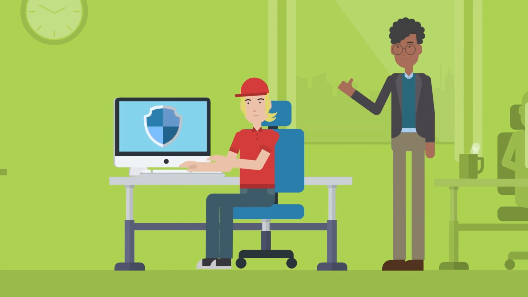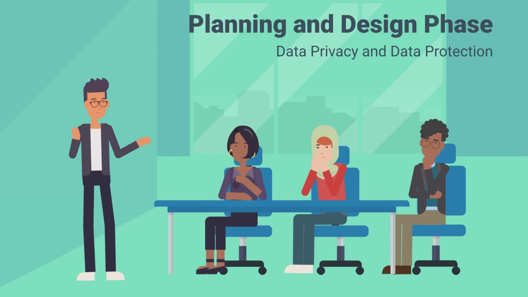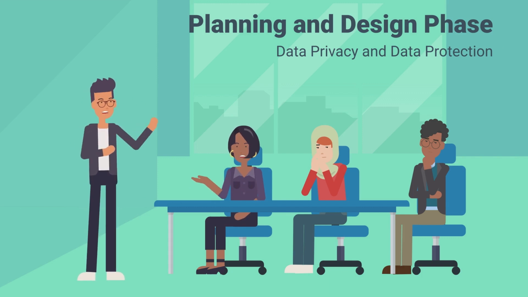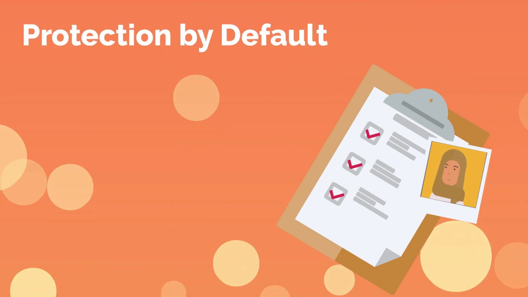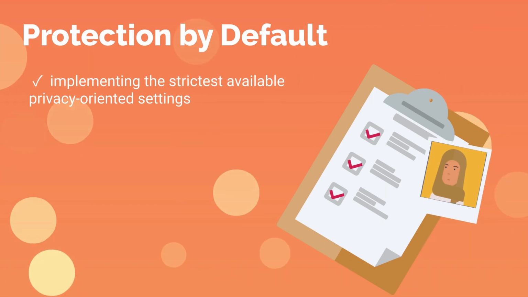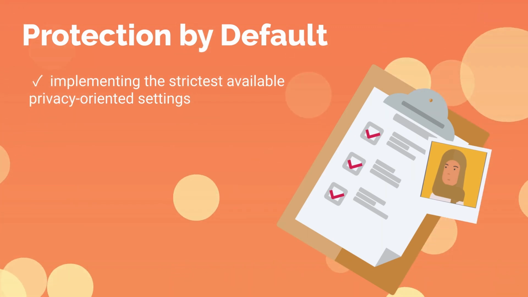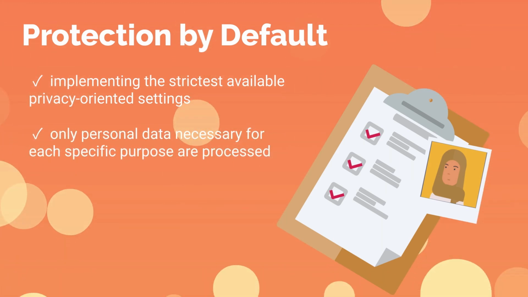Introduction to data protection by design and default. Humanitarian organizations must protect by design any personal data they collect and process. This means that as early as the planning and design phase of any system, service, product, or process, and throughout the life cycle, data privacy and data protection must be integrated. In addition, humanitarian organizations must safeguard the rights of the data subject by default, which entails implementing the strictest available privacy-oriented settings from the outset to ensure data minimization, which means that only personal data necessary for each specific purpose